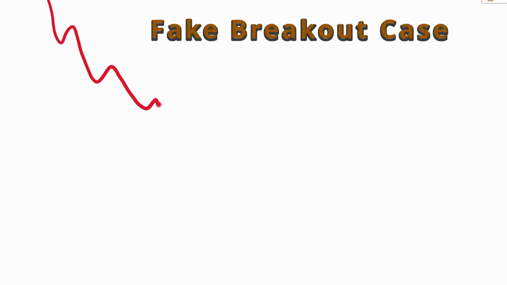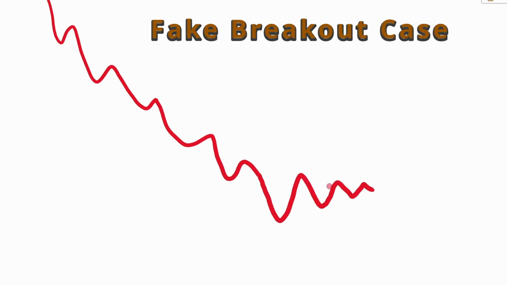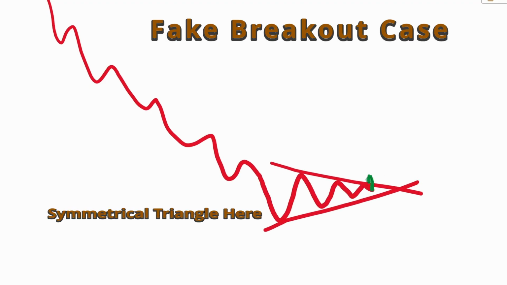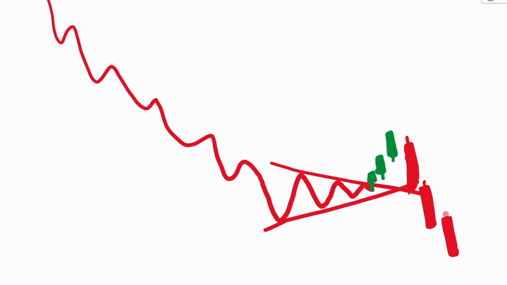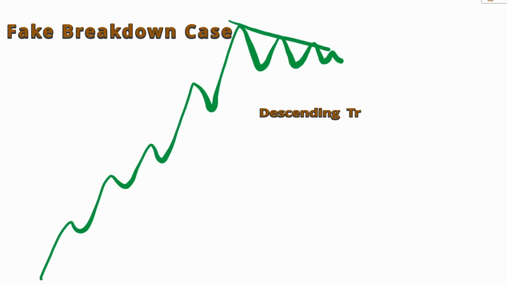In a downtrend, you will sometimes see a bullish structure like an ascending triangle, for example. Not always, but in many cases, the upside break is just a fake breakout. The pattern forms, price pokes above the resistance, then slips back into the range. Flip it around: in an uptrend, a bearish shape like a descending triangle can break down and then come back again